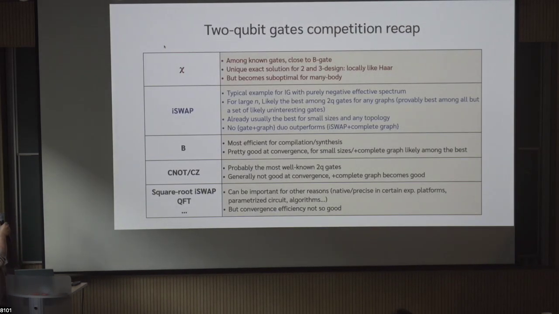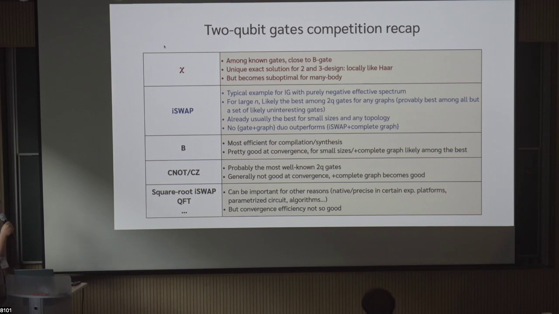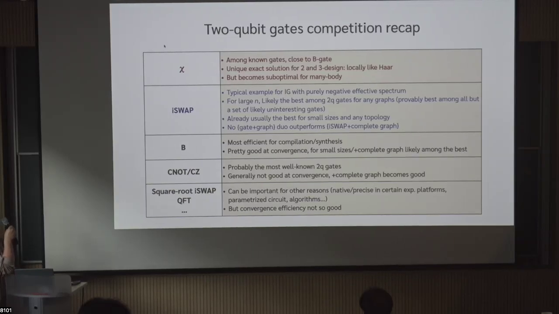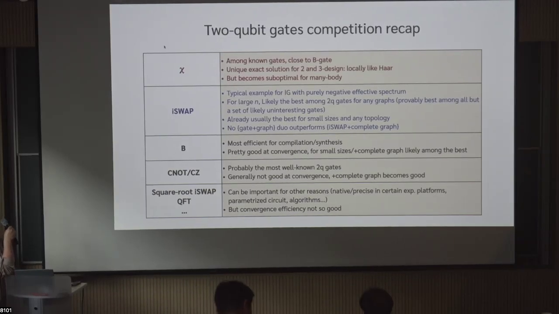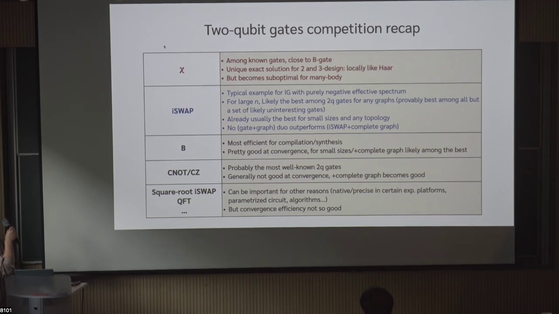Okay, so let's do a small awarding ceremony for all these different 2-qubit gates that we mentioned. Let me be relatively quick. So this chi gate is a new gate with these very delicate coefficients that we found. The KAK coefficients are quite close to B, but also because of these arccosine 1/5 things, we know it's not B, and it definitely shows up for some deeper mathematical reasons that we seek to understand.